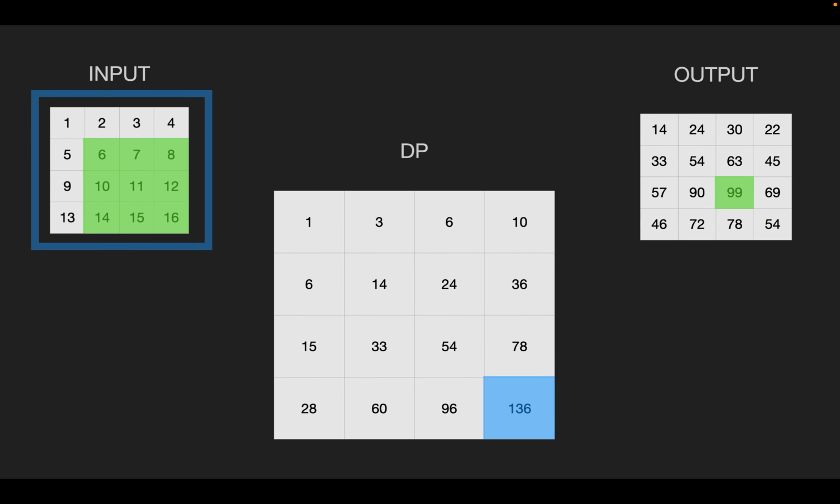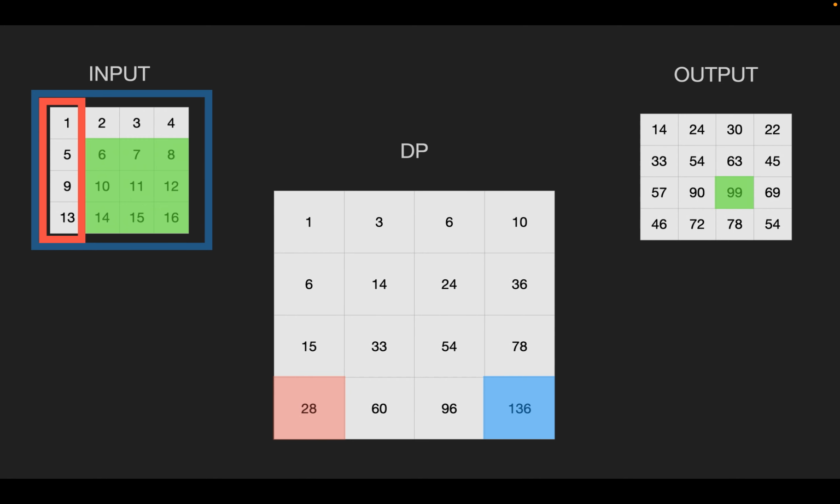When we take that index into the DP array, we get the number 136, which is the sum of the entire input. It's the blue box on the input array, showing that we're summing up the entire region. So we're going to start off by considering that amount